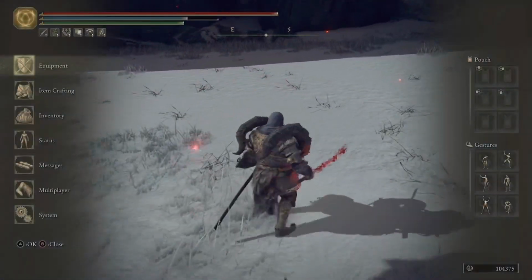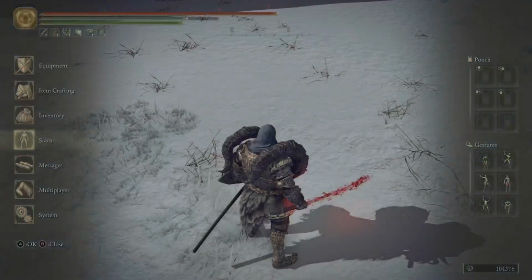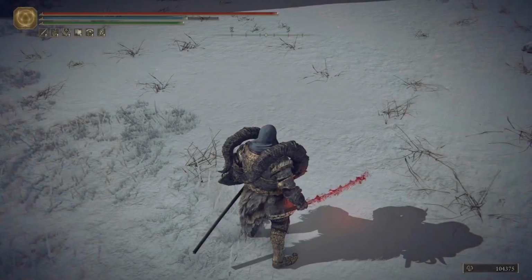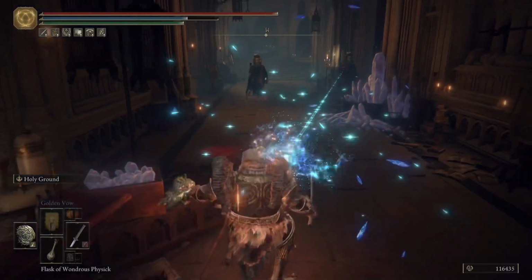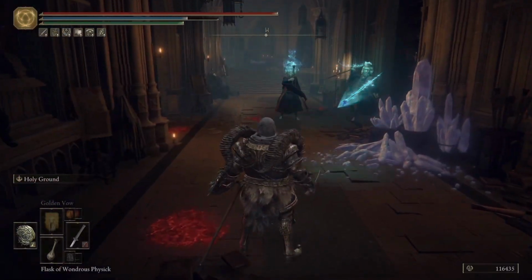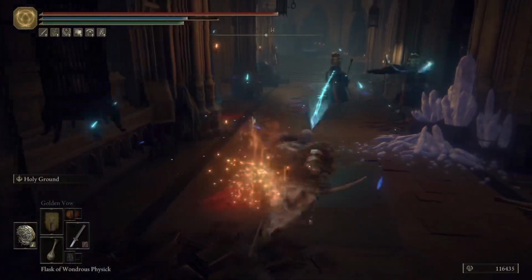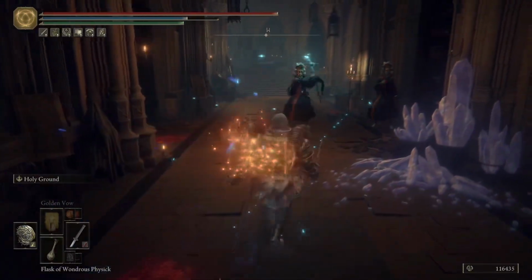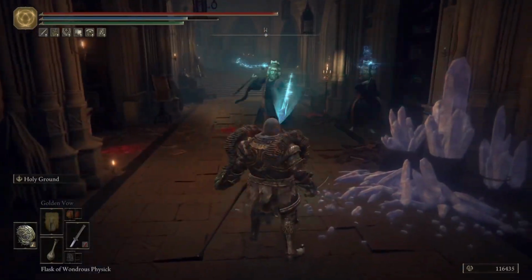Now I know that's a lot to get down, but once you get it down, it's honestly not that hard. Then you can go into your stats. You'll know you've done it right because your Holy, Lightning, Fire, and Magic will all be at 99. So once you've done that, you're ready to go. You can take as much magic damage as you want, and as a bonus, it actually heals you when you get hit with magic damage. I'm already at full health, so obviously it won't heal me, but if you do lose health to physical damage,